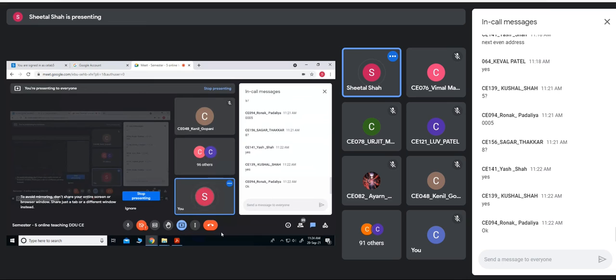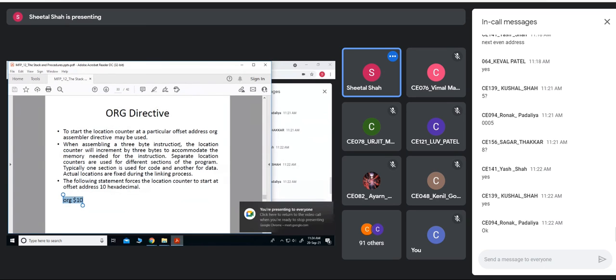Is it clear? So to start the location counter at a particular offset address, the org assembler directive can be used. By default the offset value is 0, and you can change it using the org directive.